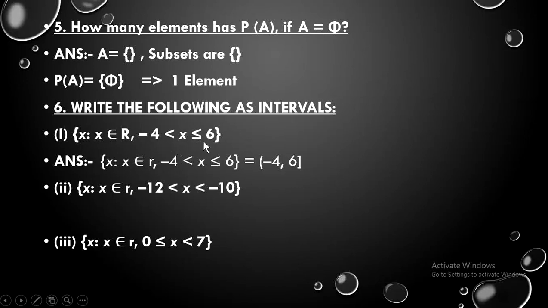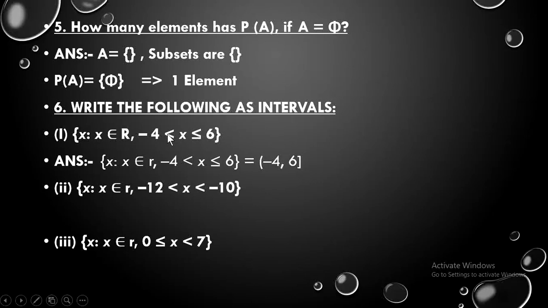Now first, how you need to write the interval is, this is your answer. For that, first you write the values which are given before and after x, that is -4, 6. Then you need to decide whether the round brackets will come or whether the closed brackets will come. So first you see here that x is greater than -4, it is not including -4. So here the interval will be an open interval, so you need to make these kind of normal brackets. But here you can see that x will be less than 6 and also equal to 6. So wherever this kind of equal to sign comes, there automatically you have to put this closed bracket. That is how you need to make intervals.